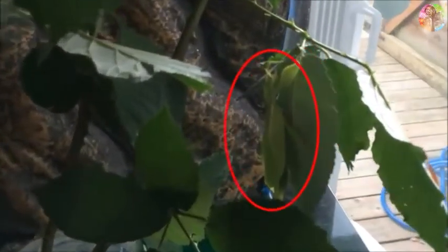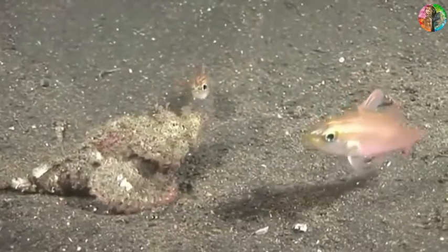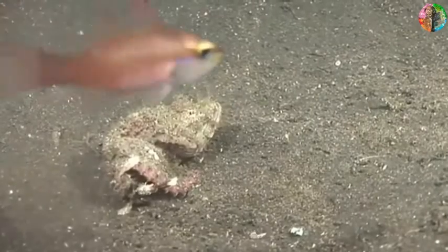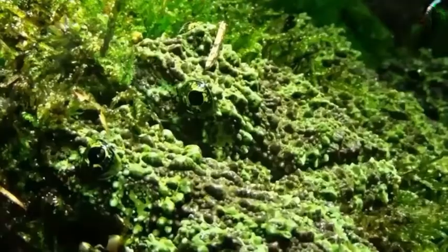Camouflage is a wonderful phenomenon. It helps animals hide from dangerous predators or lurk extremely close to their prey while waiting for just the right moment to lunge, snatch, or attack. For some creatures, camouflage is the one advantage they've got over all other animals and the key to their survival